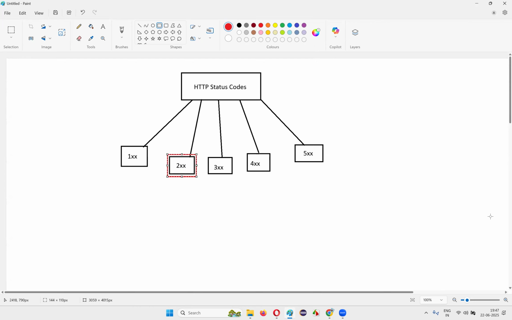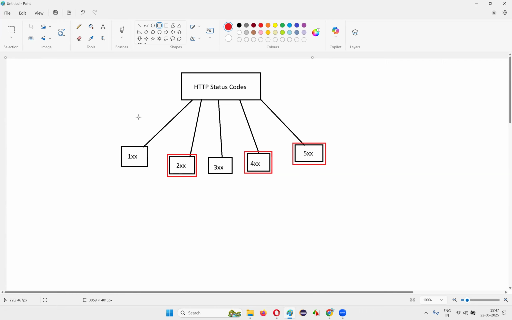After 2x, what are the other ones that are important? 2x, 4x, and 5x are important. These three status codes are compulsory, guys. 1x, 3x, whether you know or not doesn't matter, but 2x, 4x, 5x, you should definitely have the idea,